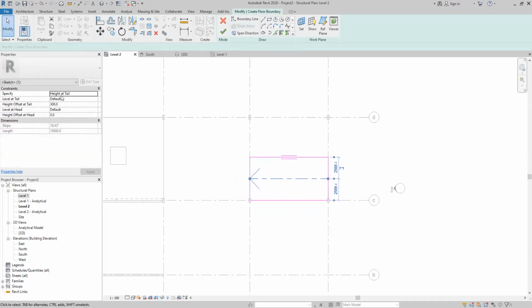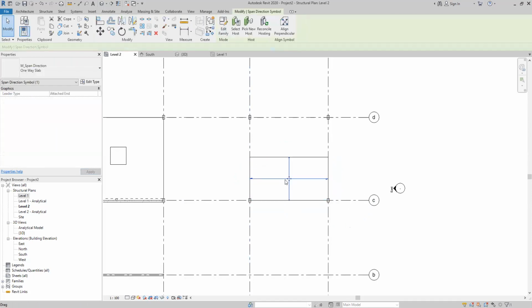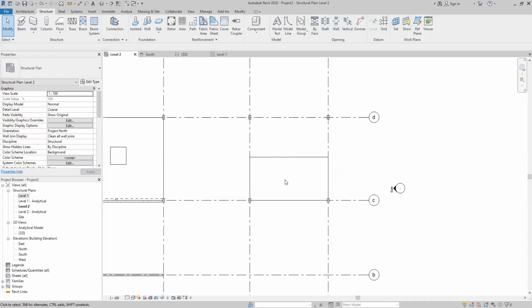So I have to set up the property of the arrow. So height at trail, right? Okay, this is a slope, right? This one is level 1. This one is level 2. So this is going from level 1 to level 2. Okay, then click OK. Okay,